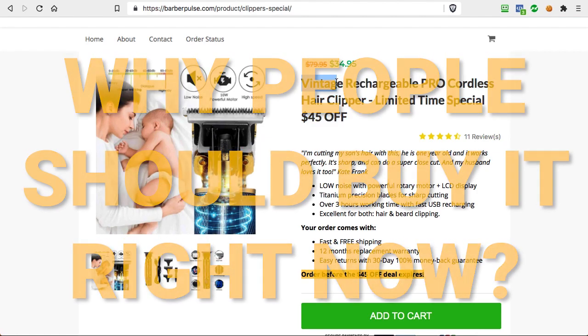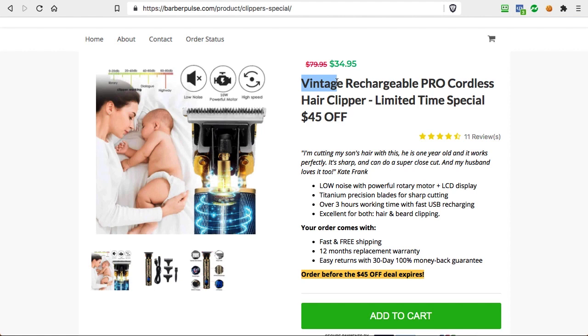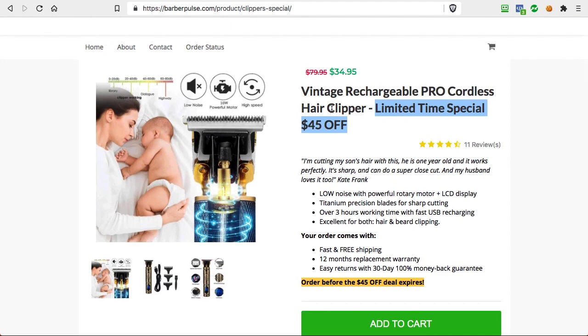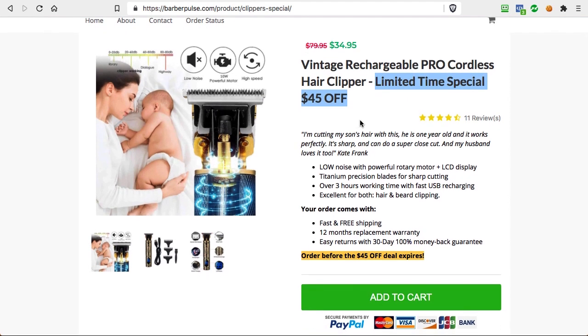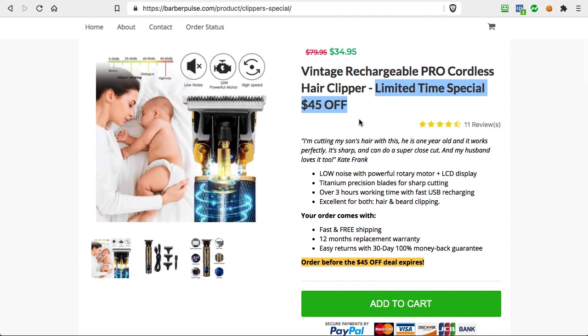Okay, so in this case, we have the Vintage Rechargeable Pro Cordless Hair Clipper, and then we have limited time special $45 off, which tells people, hey, you need to buy this right now because this is for a special price for a limited time. And if you don't give that reason why people should buy it now, they are not going to do it.